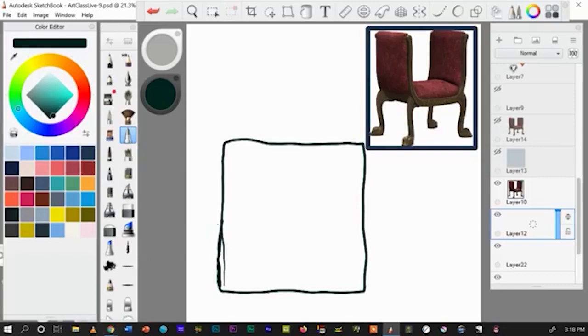Not a very good box, but I'm going to draw a box. Let me see if I can take some of that out. Okay, go back to my pen. Okay, so let's say I'm going to start here. And I'm going to use the same kind of idea that I use in contour drawing, is I'm looking and I'm kind of tracing with my eye,